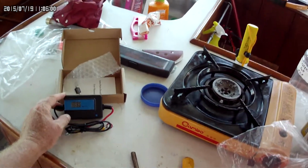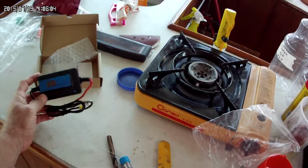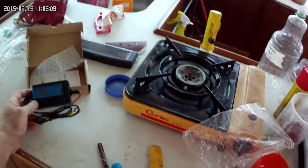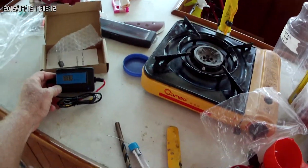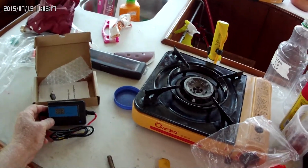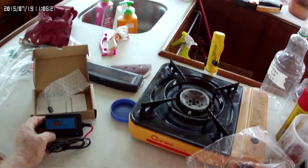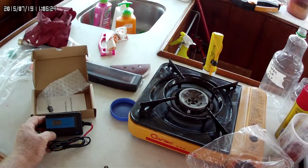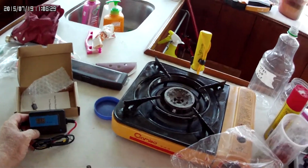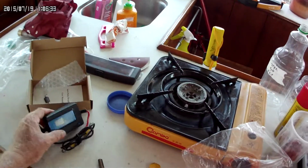if you have a Trojan battery bank, a deep cycle battery bank, and you buy one of these off of eBay, the very inexpensive one, and it's rated at 200 amp hours, that is the maximum rating. 200 amp hours is the standard one. Now, this factory also makes one up to 400 amp hours. So if you've got a Trojan or the USA batteries or any other deep cycle battery bank for off-grid living that you want to desulfate,